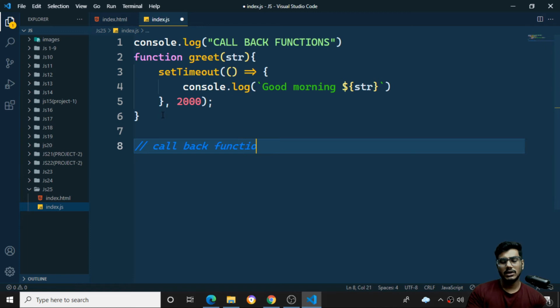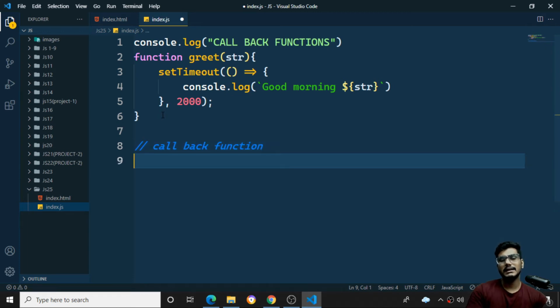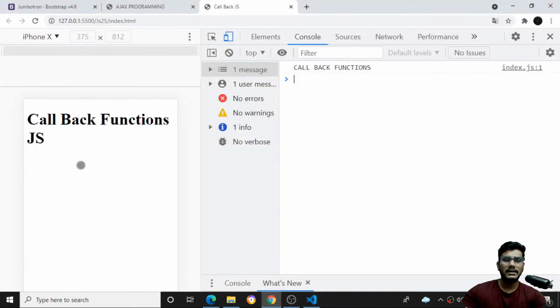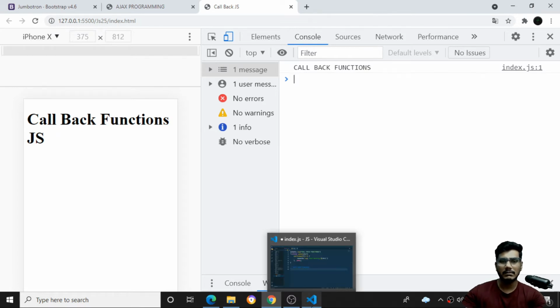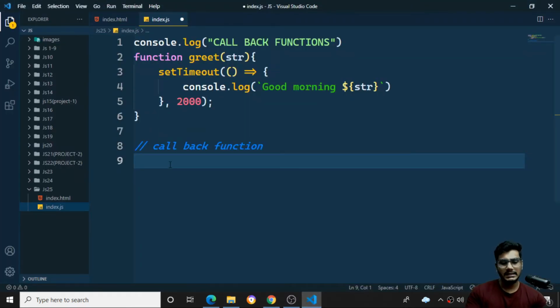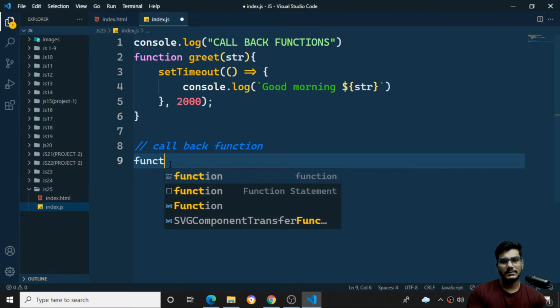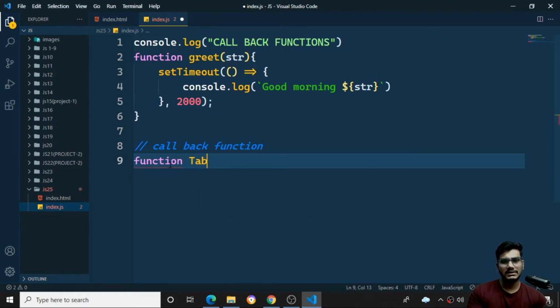So what we do here is we'll create a table. We want to send it to the document.html file, so whichever file is there, I want to print the tables over here. Suppose I want to print the 5 ones are table. I'll name the function table, and it will take the number as the argument.